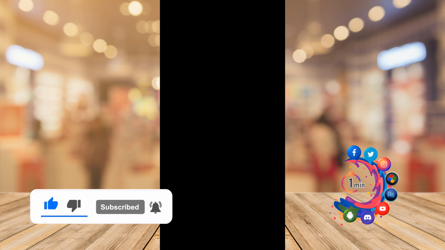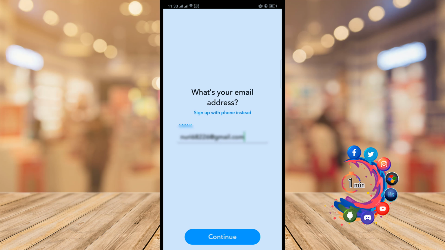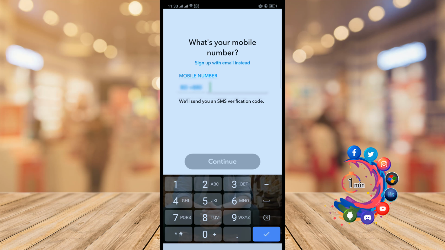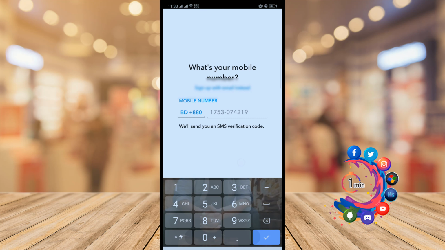I'm putting it here, and we can sign up with our email address. Also we can sign up with our phone number. So right now I'm going to sign up with my phone instead, and I'm giving my phone number here. Continue,